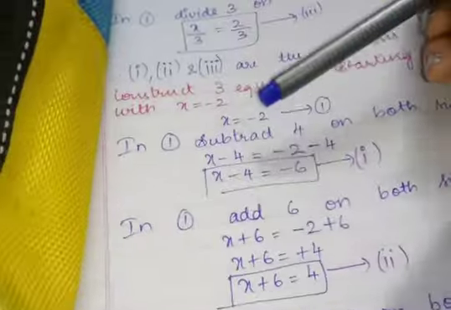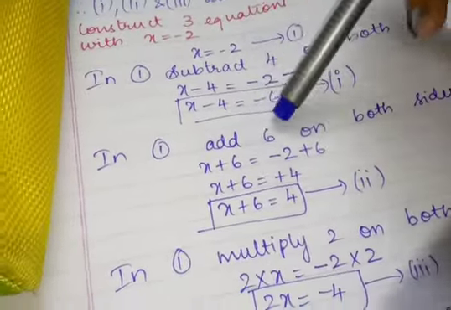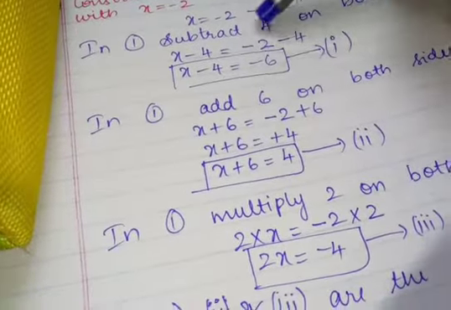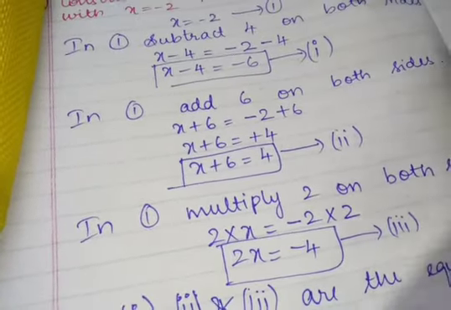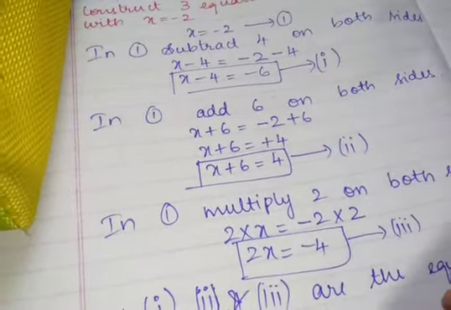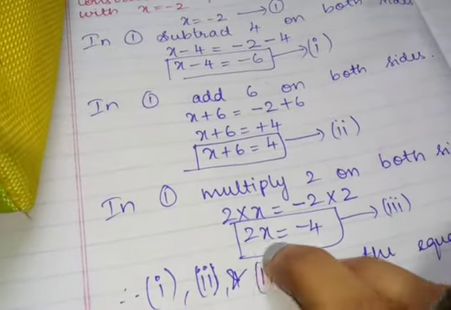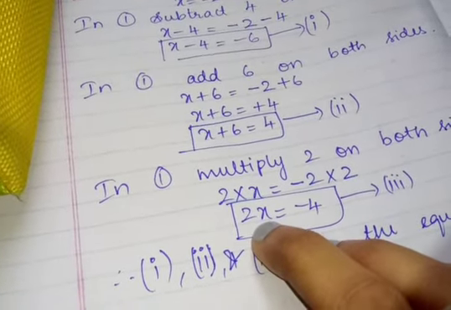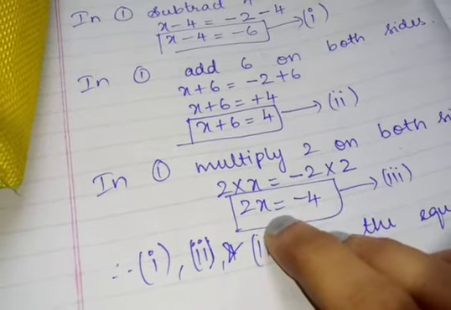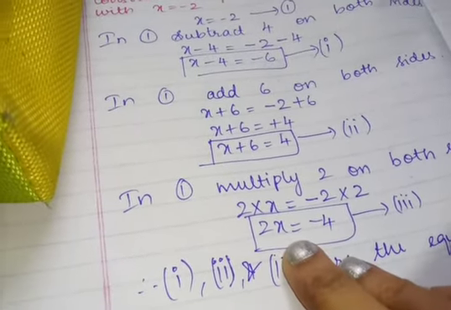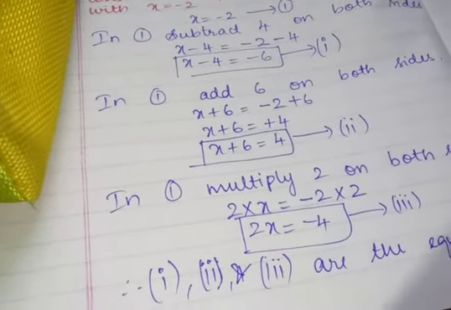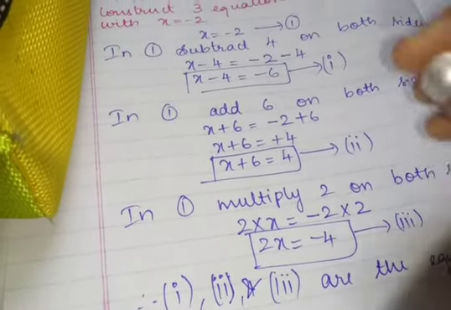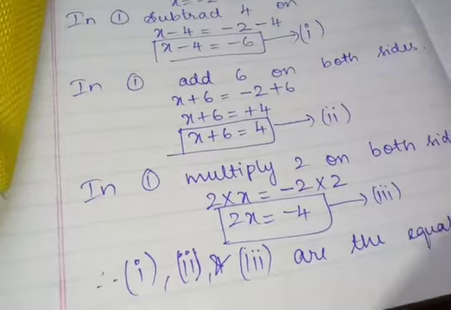Okay, so I have subtracted 4 and added 6, and you can change these values, subtract 10 on both sides, or any values you like, but you should frame some equations. After this you can add 4 on both sides also, like 2x plus 4; that is also an equation, no problem. But I have stopped till this, because of that the equations look very simple. Okay, understood?